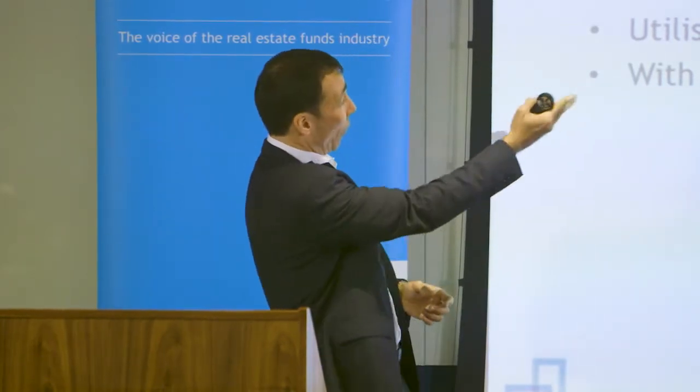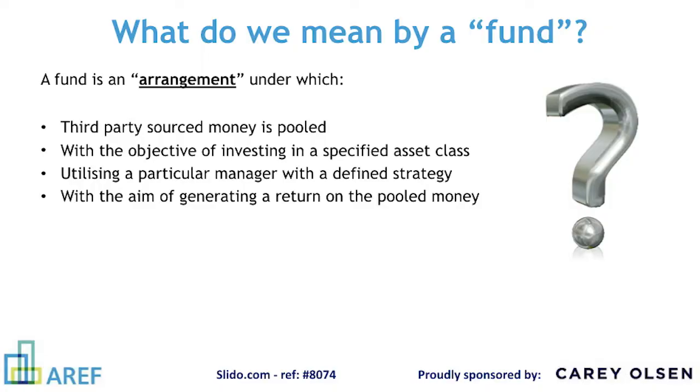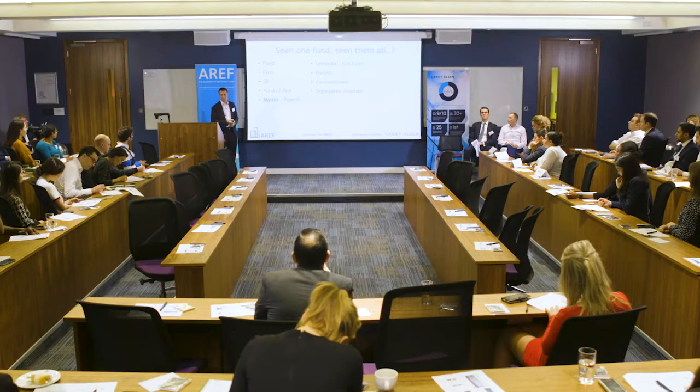So we've effectively gone away from the third-party money and pooling because actually the buying power is already there. They're investing, the likes of CalPERS in the US as a massive pension fund. They will have huge amounts of money to put into investment. They don't actually need always to club together with anybody else, but they do need the management experience. So they go out and they utilize that on a segregated mandate basis.